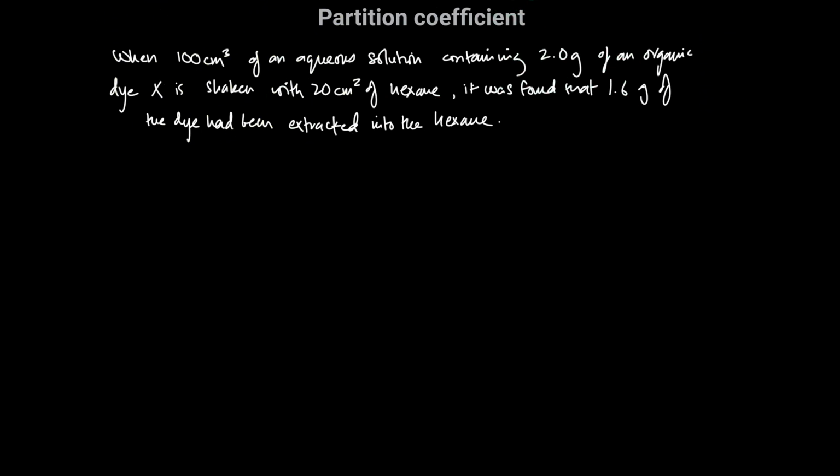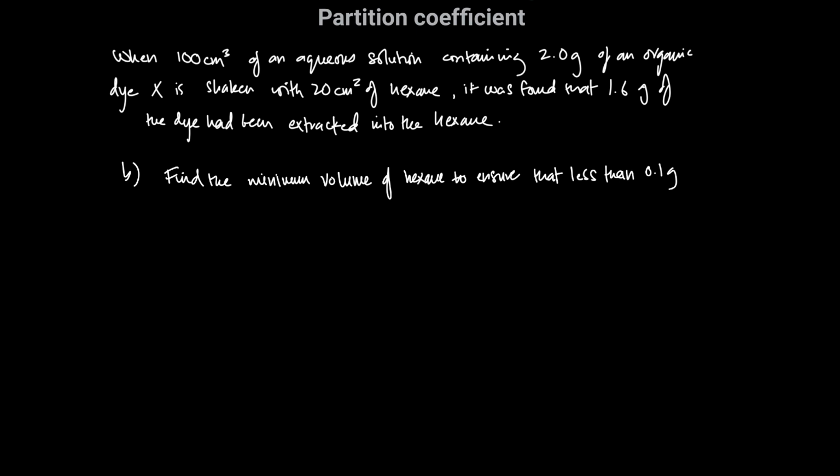Now the next part of the question says, that's part B, find the minimum volume of hexane needed to ensure that less than 0.1 grams are remaining in the aqueous layer. Now the question is saying, if you had the same 100 cm cube aqueous solution, right, what volume of hexane would you need instead of 20 cm cube? What volume would you need to ensure that only 0.1 grams are left over in the aqueous layer, whereas the